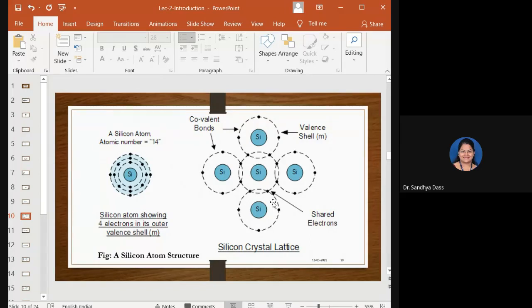Now tell me, what do you mean by flow of current? Can anyone answer here? What do you exactly mean by flow of current? It is nothing but the movement of an electron in a crystal lattice. Exactly. Very good, Ashwija. Yes, very good.